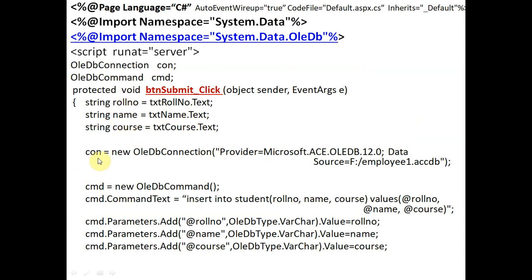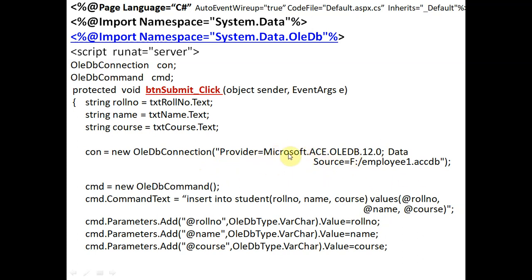And now CON equals new OLEDB connection, and we are writing here provider, Microsoft.ACE.OLEDB.12.0, and this is the database name, meaning we are connecting with MS Access, so we are writing here the provider name, this is Microsoft.